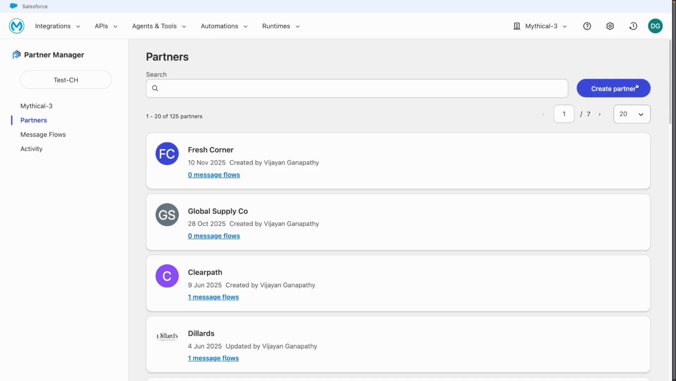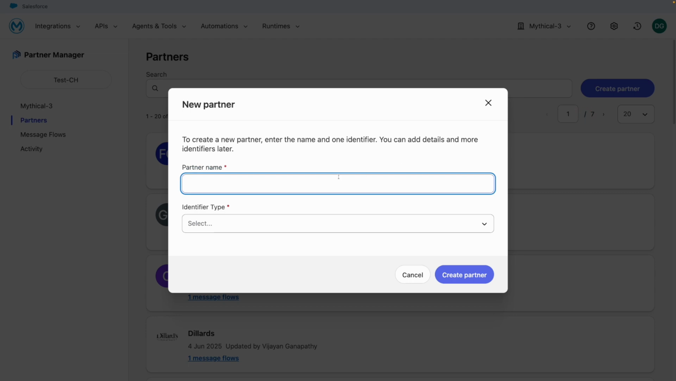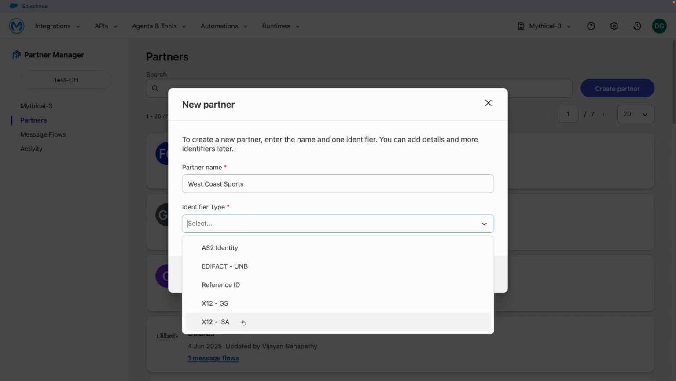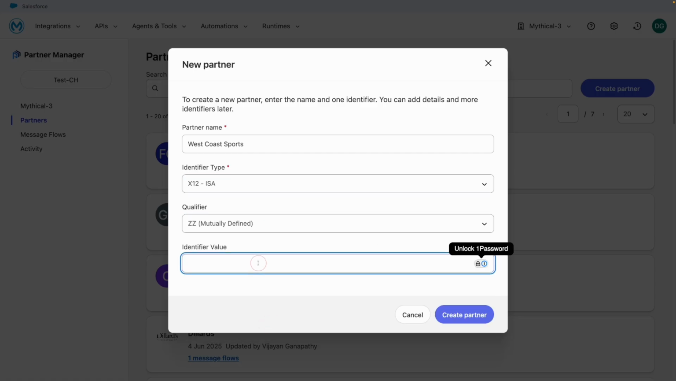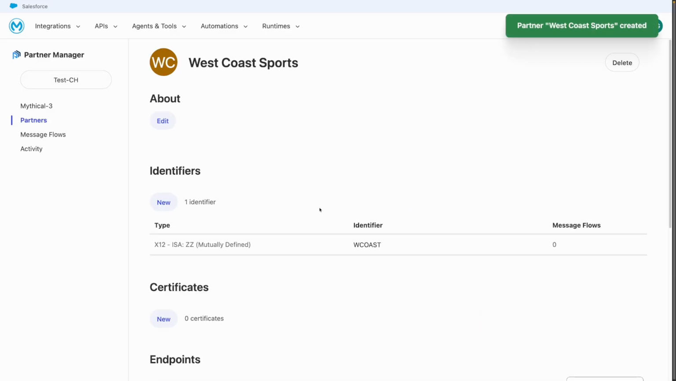From here, I can begin to enter in my fictional partner information. With today's demo, we're going to be working with a fictional partner called West Coast Sports, so I'll go ahead and start typing in their name here. From the screen, I can also configure their identifier type, which in this case will be X12 ISA, with the qualifier being set to ZZ and the identifier value being W Coast. With the click of a button, my partner profile is initially created, but as we all know, the work doesn't